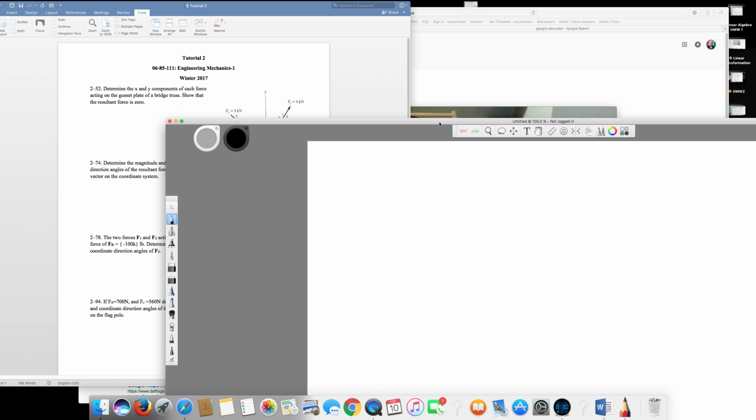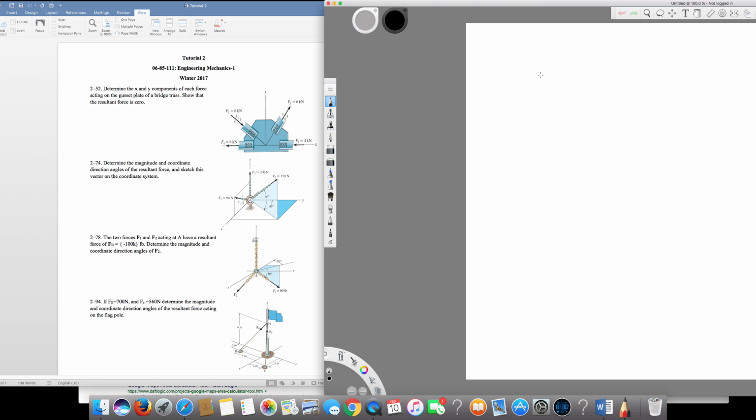So this is our sketchbook, and I'm going to draw this diagram again, like this, and one component right here, one component right here, and this is given F1 is equal to 8 kilonewton